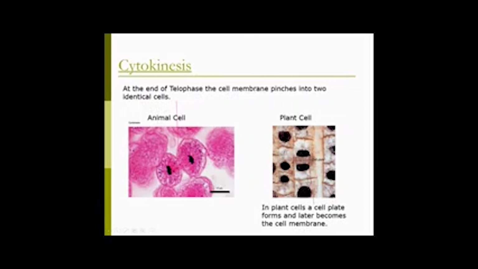And in an animal cell, it sort of pinches together in the middle, and the cell membranes go back together. But in a plant cell, it has the cell wall. So it actually forms like sort of a little brick layer of this cell wall, and then that divides into two, and the cell membrane would be divided that way. So in plant cells it is different. You do need to include that difference in your cell cycle movie. Talk about how cytokinesis is different between plant and animal cells.